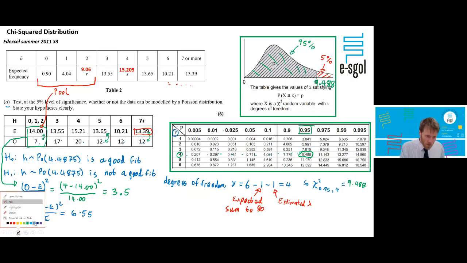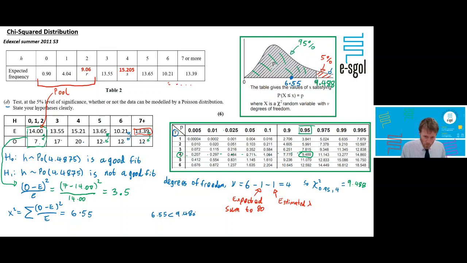The contributions that we've summed together are, I don't know, 6.55. They're about here somewhere. So anything down here is safe. That is saying that we could use the Poisson distribution to model this. Anything greater, anything up here, means that we must have lots of differences between these numbers here, and the differences must be so big that it's giving us a dangerous value, which would be up here in this sort of bad 5% section. So as a closing statement, we would say that 6.55 is less than